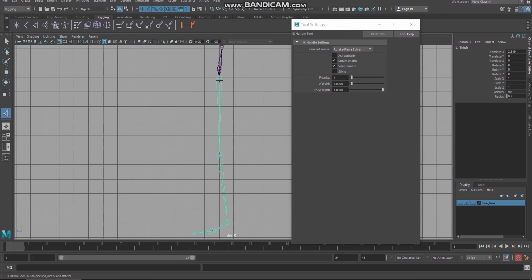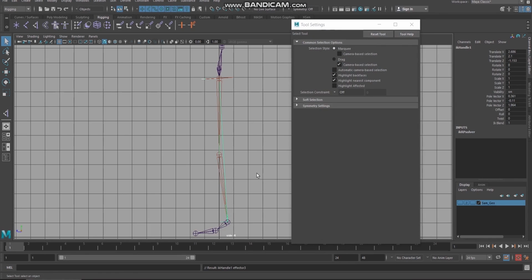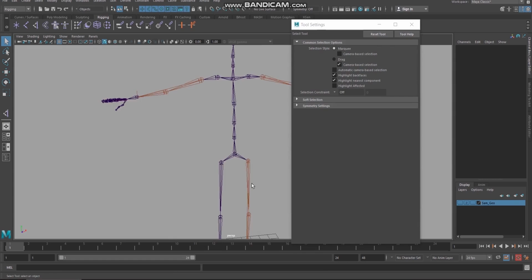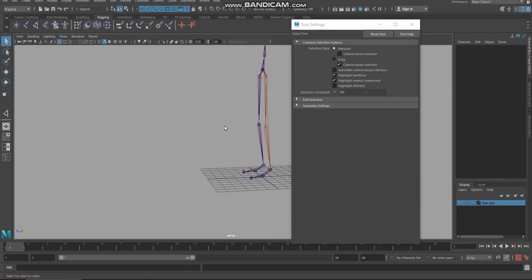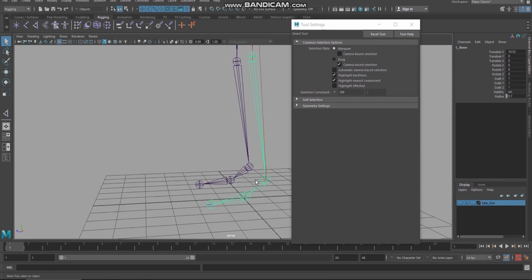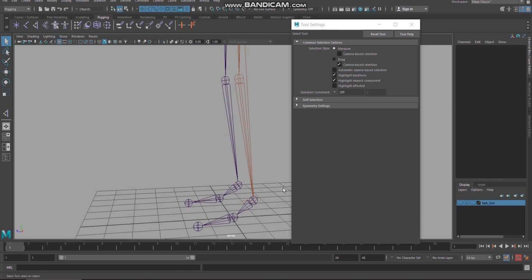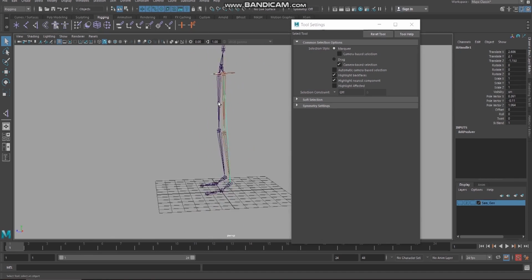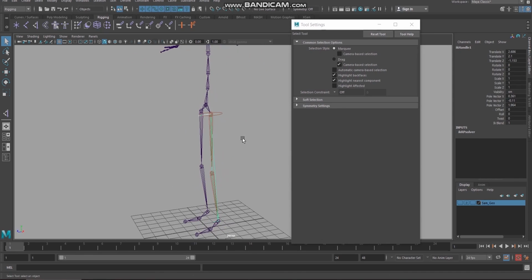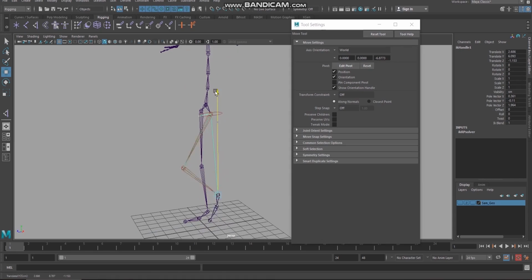I am clicking here in the left hip and the left ankle, right? IK handle has been created. You can see the color change. See, it is working fine. You can see the IK handle is working fine. But